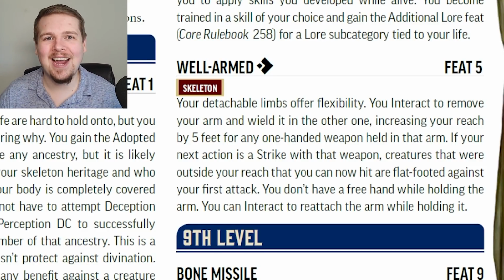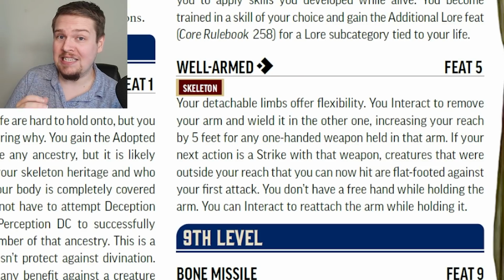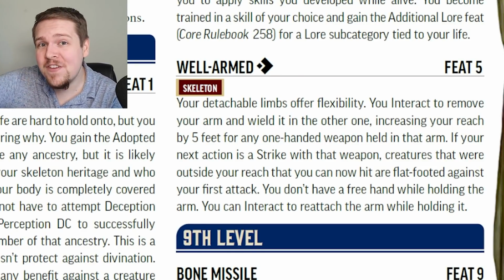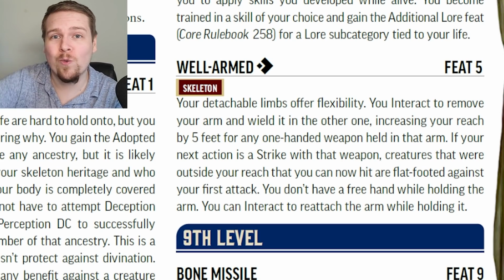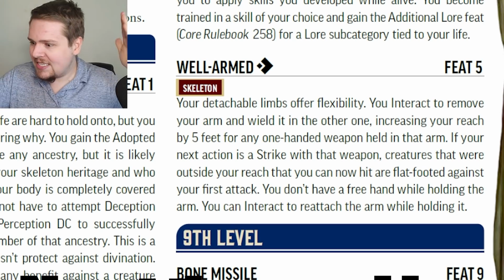For a single action as a skeleton with this feat, if you are holding a one-handed weapon in one arm, you can grab the base of that arm, rip it out of the socket, and attack with 5-foot reach using the weapon at the end of the arm you're holding. Additionally, the creature that you attack, if it is 10 feet away from you or at the extent of your reach, they're flat-footed to this. This means that